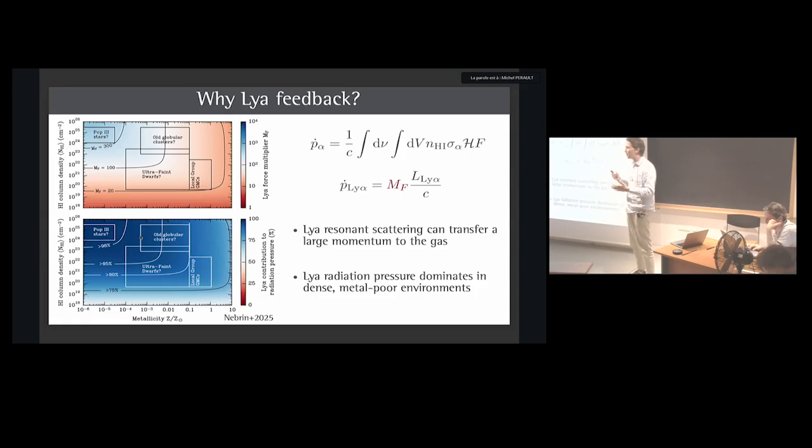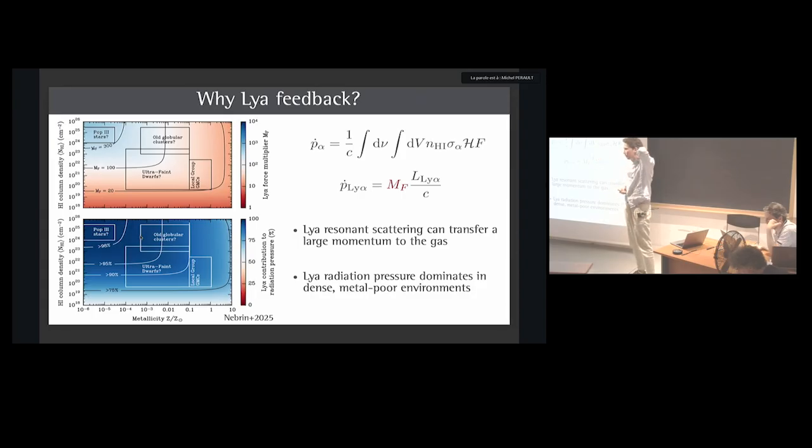So my feeling is that even in a multi-phase medium, you probably still have an effect. But they could escape at the far wings, where they actually make very little feedback, right? Yeah, but again, the column densities are very, very high, so you have to be very far in the wings